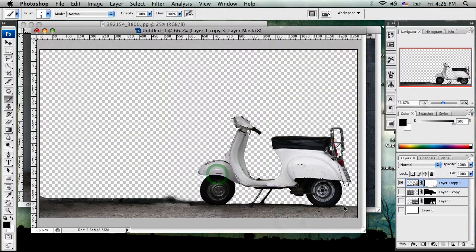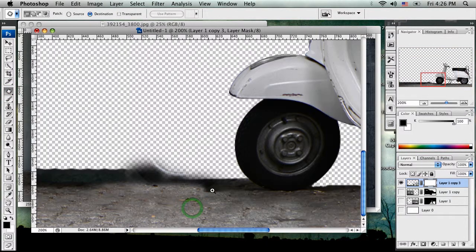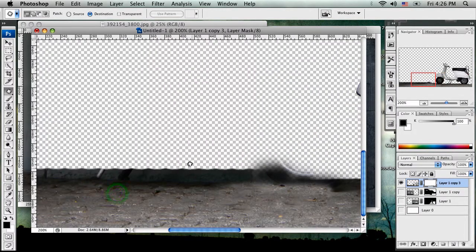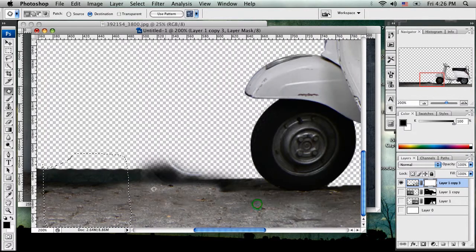So as you can see, we have our road going on there. It looks pretty choppy and nice, but we need to fix our road over here. So what I'm going to do is quickly grab our patch tool. I'll zoom in and we're just going to clean up this small area here by loading a selection of wall with ground. So this whole thing, we're just going to pull this over and